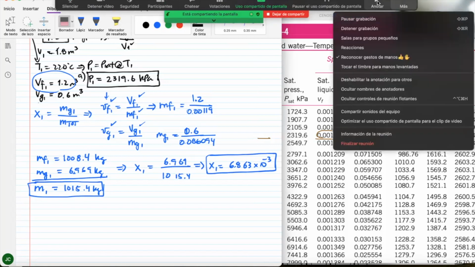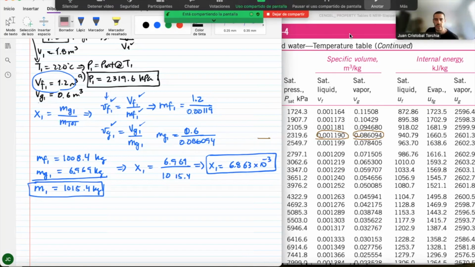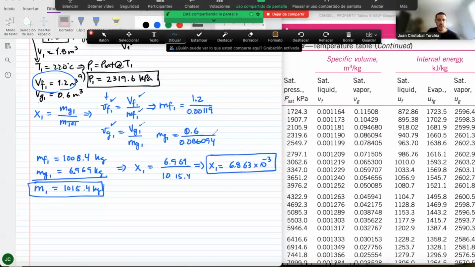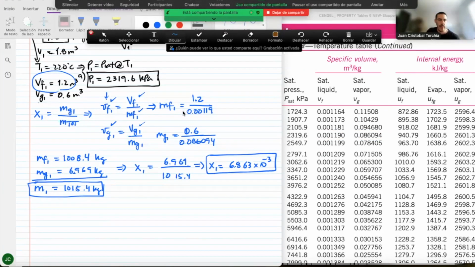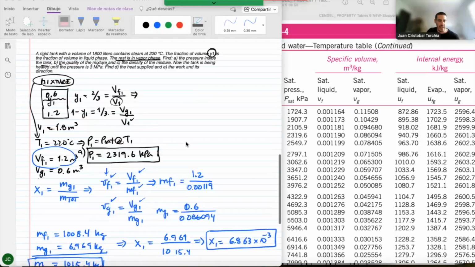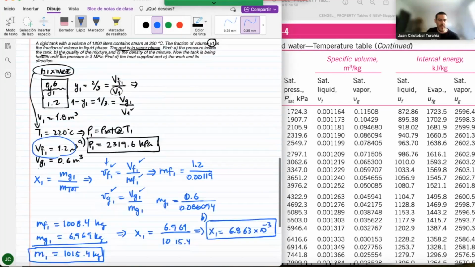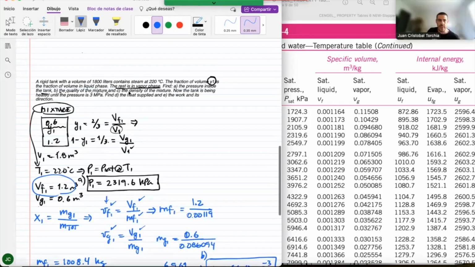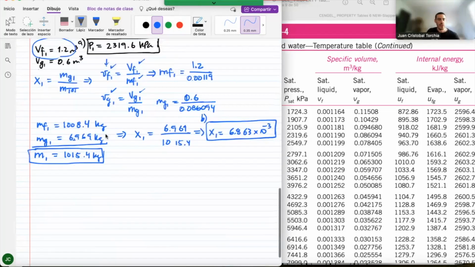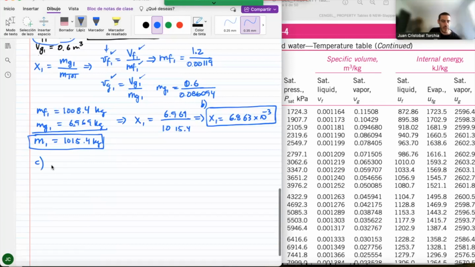Okay, so what I'm going to do here is erase this one. Great. So now I have the quality, and that's what they were asking me at B. So this is B. Great. Now let's just see what they're asking. The density of the mixture. So the density of the mixture, C, equals rho 1 equals 1